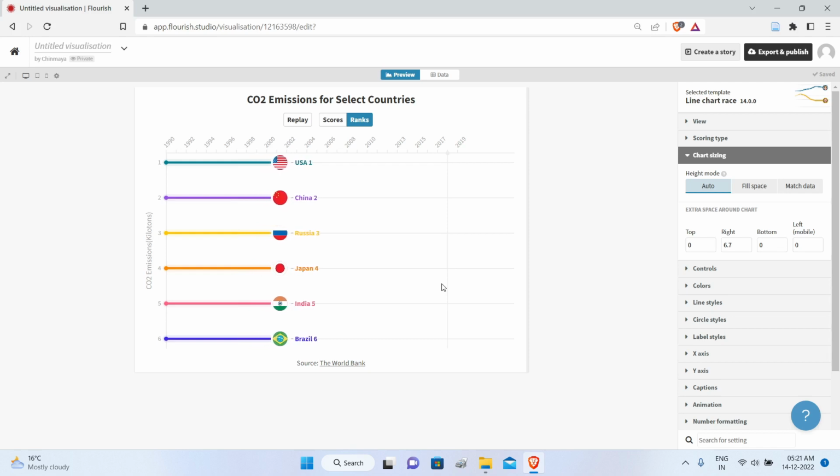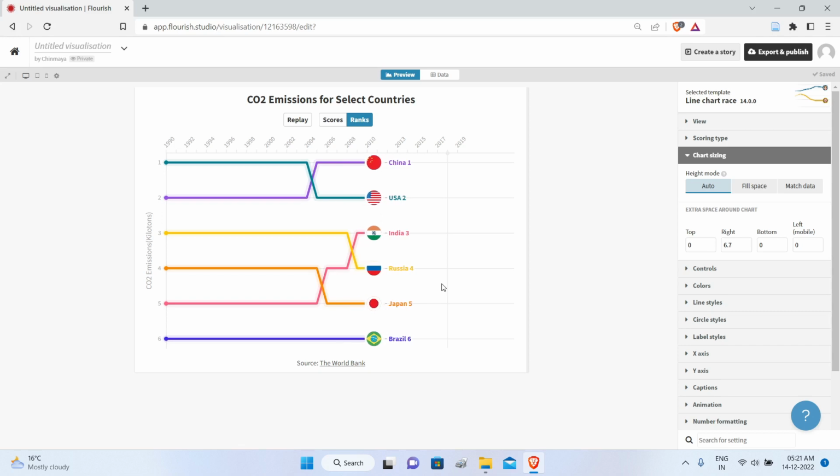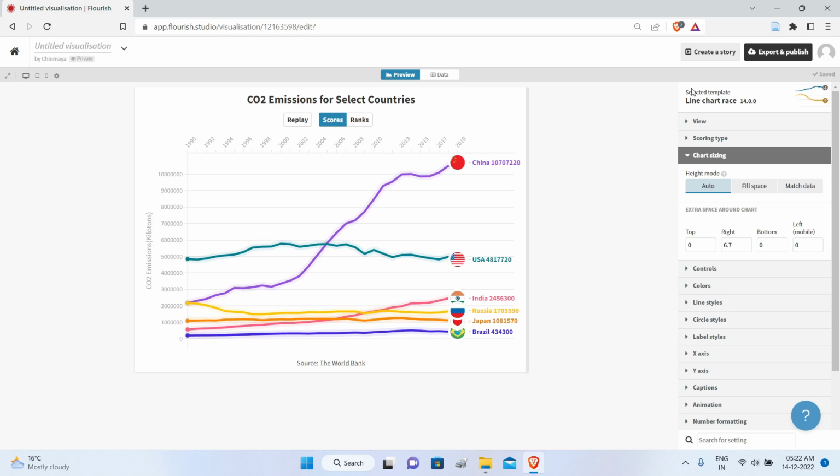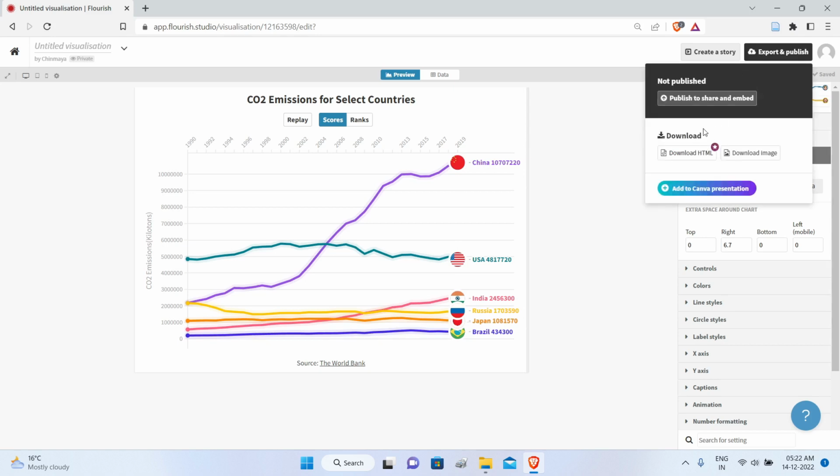And it's going to change only when there is a change in the rank. As we keep plotting this chart, you can see that around 2005, there is a change, and the graph changes only when you have a change in ranking. Once you are done, you can go to export and of course go ahead and publish and share, as